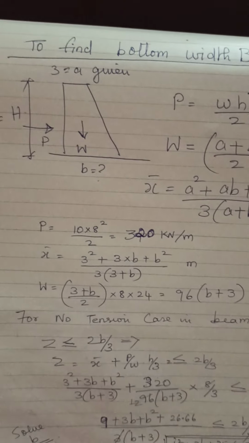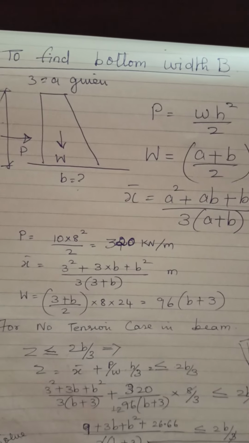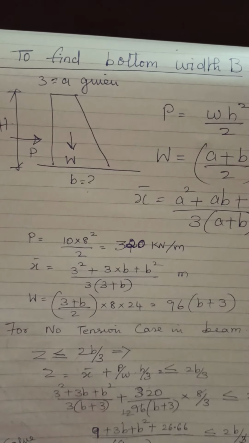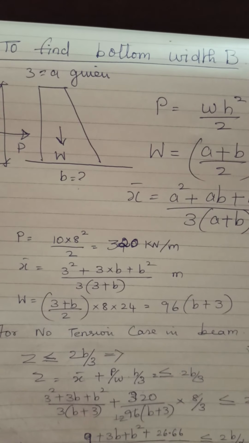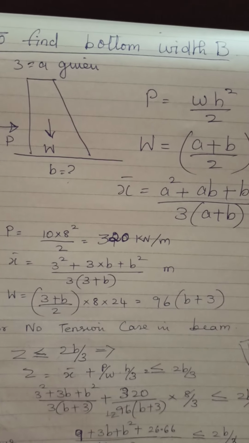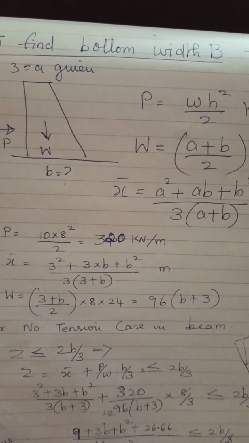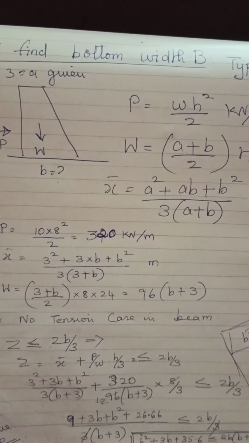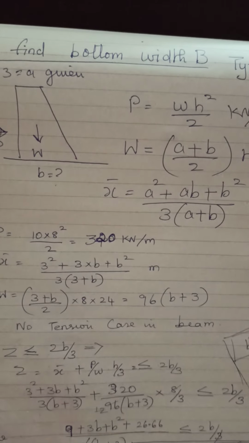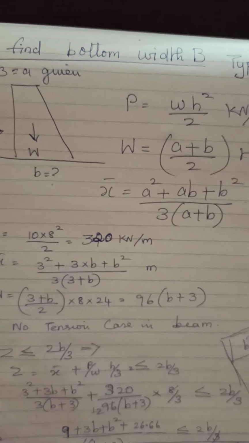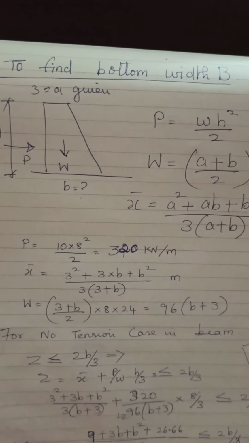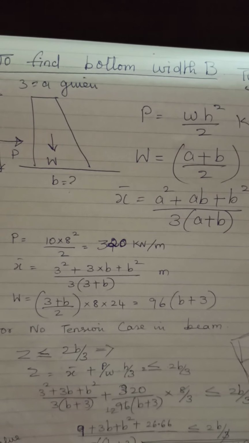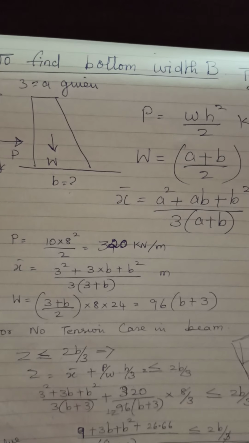So let's have the discussion on the second type of problem wherein we have to find the bottom width of the dam section or maybe the retaining wall. The type 1 and type 2 problems are the same for dam and retaining wall, except in a retaining wall the pressure force is WH square by 2 into (1 minus sin phi) by (1 plus sin phi), where W is the unit weight of earth and phi is the angle of repose. So if the concept is known, you can do the problems of both dam and retaining wall.